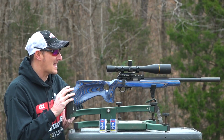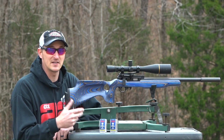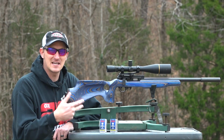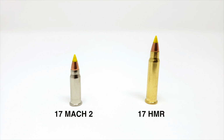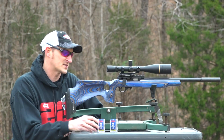I have in front of me a Volquartsen Summit. Now this is not the 22 long rifle version that I did a video on last year. This is actually a 17 Mach 2. If you're unfamiliar with the 17 Mach 2, it looks basically like a tiny little 17 HMR. Let me give you a little bit of history on the 17 Mach 2 before we start into the review